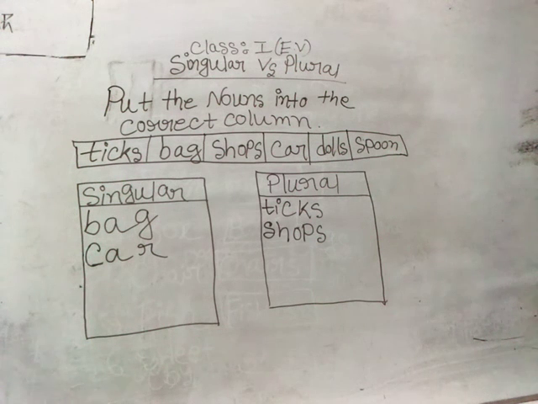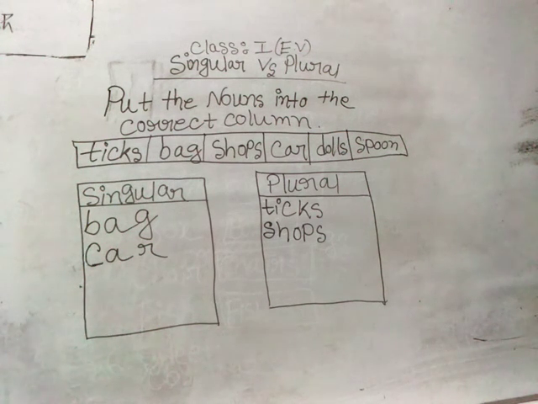Now coming to the next one, dolls. D-O-L-L-S, dolls. So doll means one doll. But if it is about dolls, that means if we are getting an extra S just after the specific noun or specific word, then it is not singular. It is not about only one doll. It is plural. Okay. So D-O-L-L-S, it is plural, dolls. If we got the word doll, only doll, not with S, then it should be placed in singular.